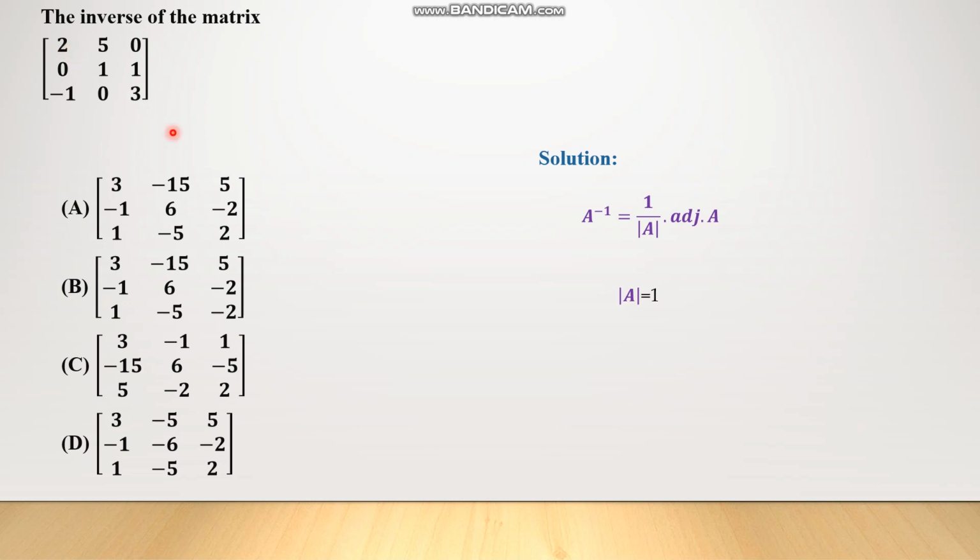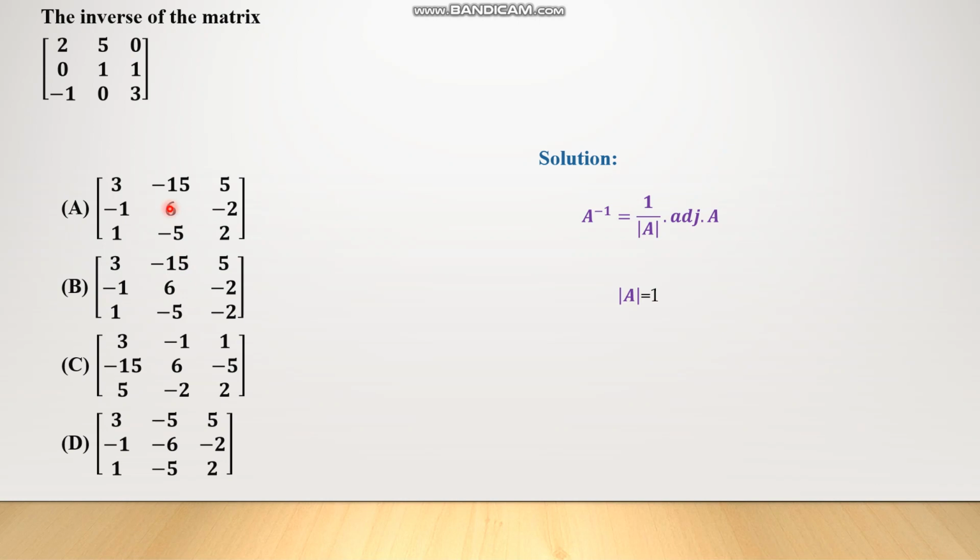Now, as you can see, adjoint can be found by deleting the row and column of the element and finding the determinant of the remaining elements. If you do that here, the first element is 2. When you delete its row and column, it will be 3 minus 0, that's 3. And as you see, all four options have the answer 3, so it won't help us. So I will go to the middlemost element. If I want to see the element for 1, then I have to delete the second row and second column. In that case, I will get 2 3s are 6 minus 0. So 6 is the answer.